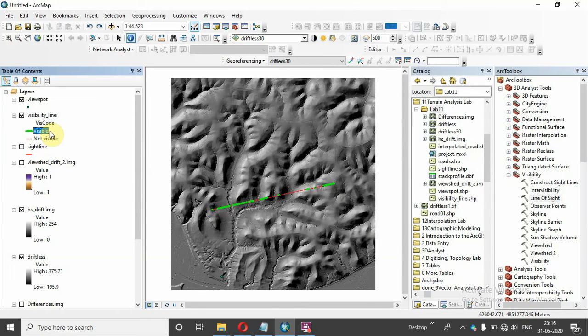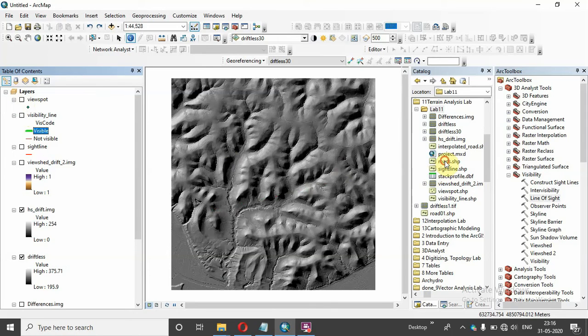After the visibility on a line of sight, we will move to get a profile along a path. For that, to get a profile for any path, we have to digitize any individual road, particularly on a DEM.